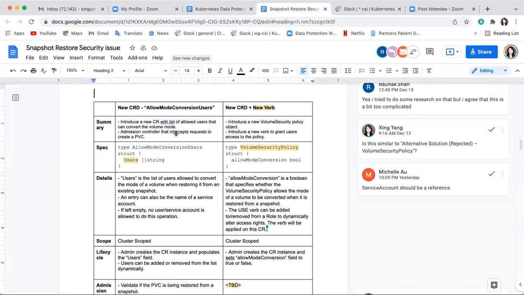Should this be a targeted CRD? I don't think so, but we can definitely do some prototyping and then figure it out. Or Yang, do you have some other suggestions?